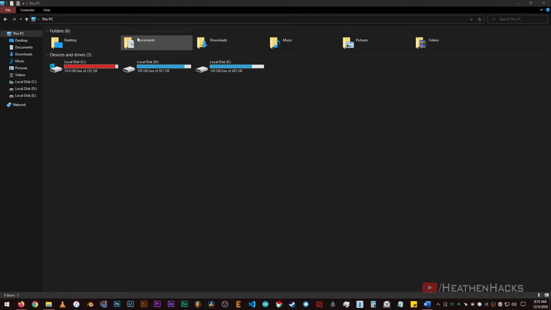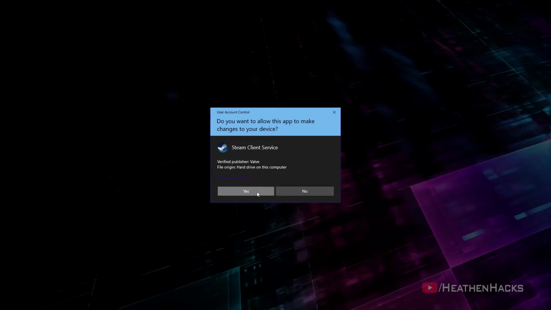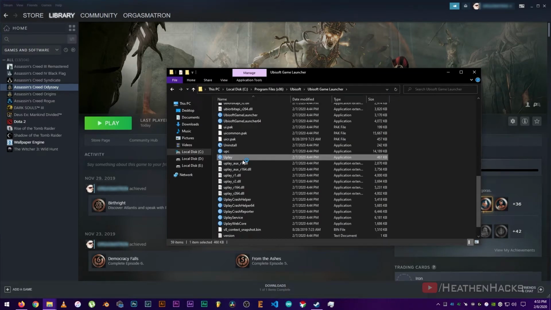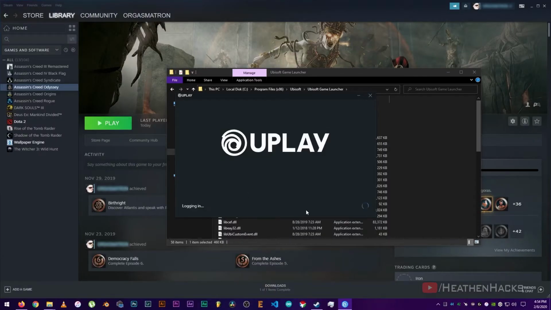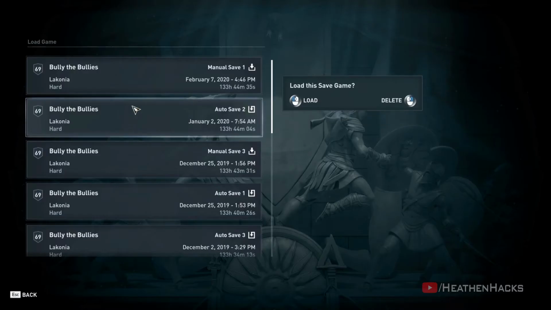Second tip is saving the game folder inside the documents folder and the game folder inside program files and doing the same thing that we did with the iTunes folder. It's necessary to back up those folders if you want to continue an unfinished Steam game, because it's where the game cache and save files are saved, I think.